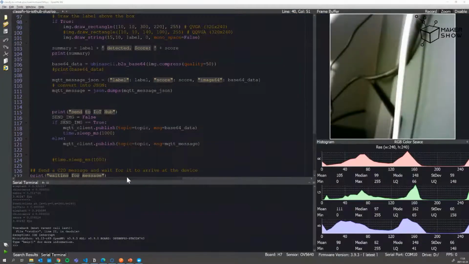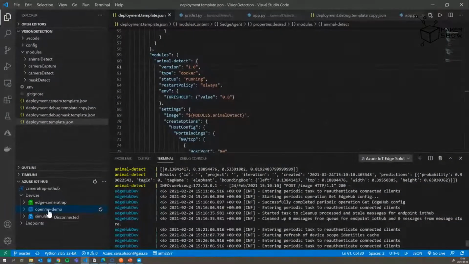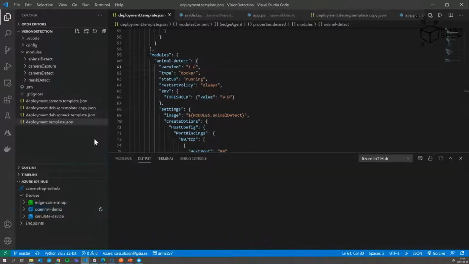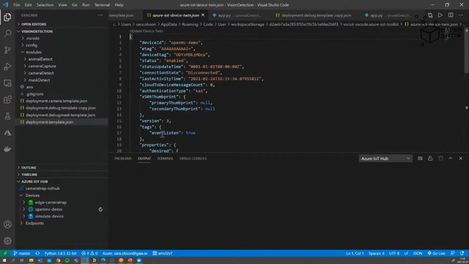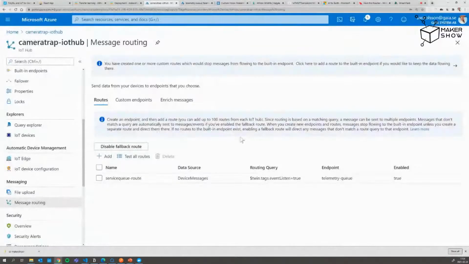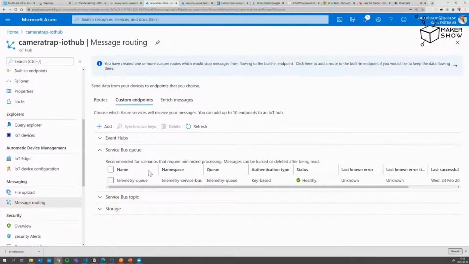That's something we can see if you look at the device twin here. We can see that I put event listen true, and that will filter that this is a device that we want to listen on. If you want to route all your messages, you can just have true everywhere. And I have an endpoint to a service bus queue,